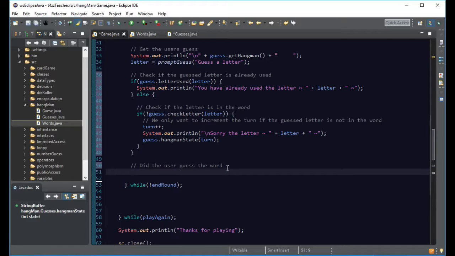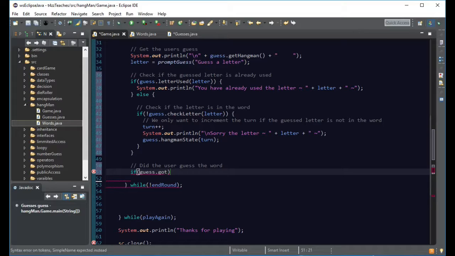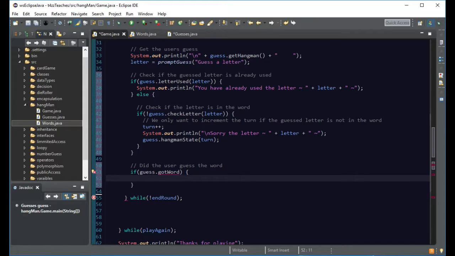And we later on could add things in here that would allow them, if they want to guess, to have an option to actually type in the word, and then you could just do a one-to-one comparison. We're not going to do that here. So we're going to say if, and I think we're going to have to do another thing here, guess, let's call it, I don't think we have it yet, right? Maybe got word or something along those lines. So we'll do that to say if they got the word,